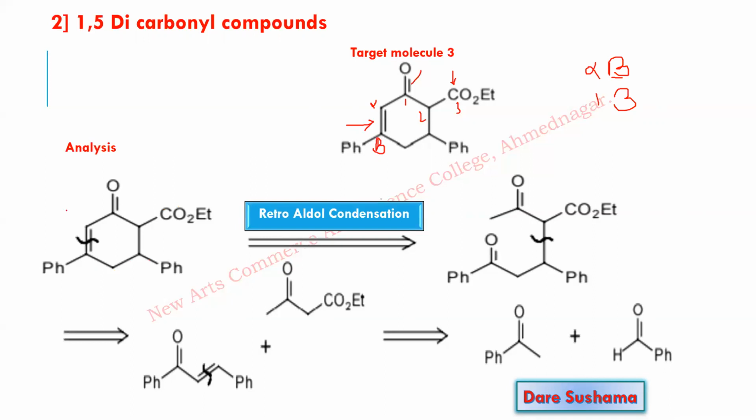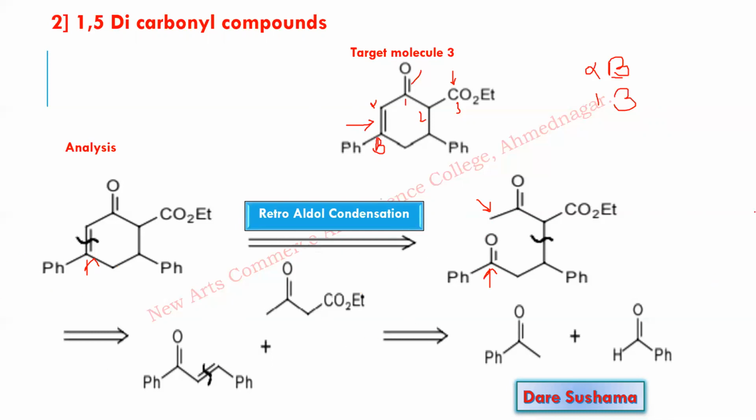So first you have to convert it into a beta hydroxy compound, and after converting it into a beta hydroxycarbonyl compound, you have to disconnect the bond between the oxygen and hydrogen and start the disconnection of the 1,2 bond. After disconnection of this double bond, what is that reaction? It's a retro-aldol condensation reaction. The beta carbon always carries a carbonyl group and the alpha carbon is always a donor. That is the aldol condensation reaction.